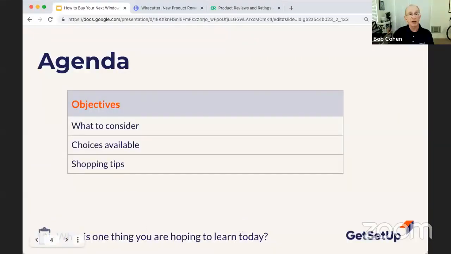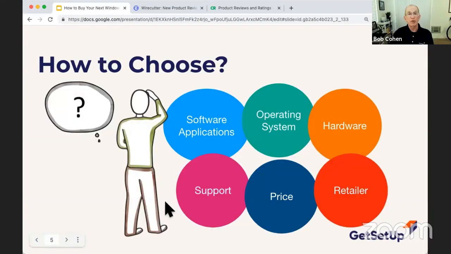Let me share my screen again and go through a few slides that will help you understand a few things about PCs in general, because you have to know what a PC is. I ran a computer repair business for a number of years, and I got a lot of questions from people about PCs and Macs and tablets and iPhones and other things.